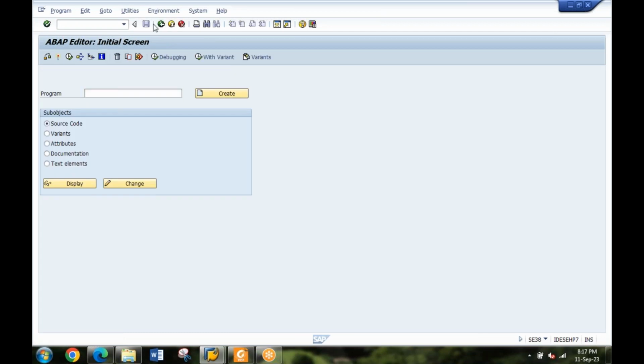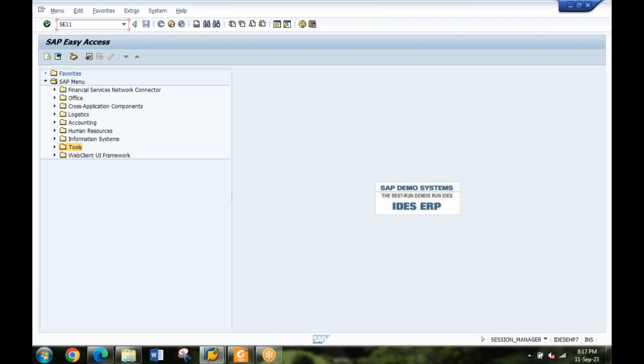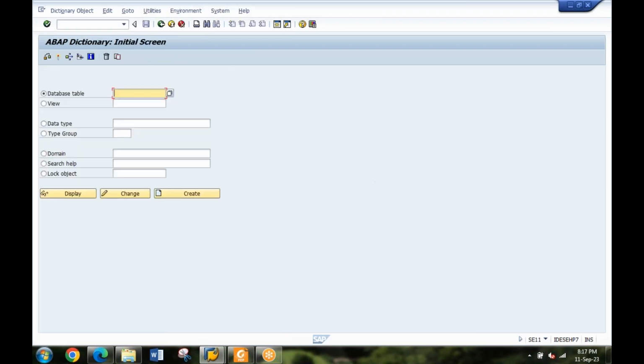Now, let's first go with the database part, right? Because you're new to SAP, you're new to programming, so the very first concern might be whether you'll be able to understand programming or not, whether you'll be able to understand database or not. So let's create a table first. Like I said, while you're working on the database part, you don't need to worry about writing any SQL query. It's totally GUI based.